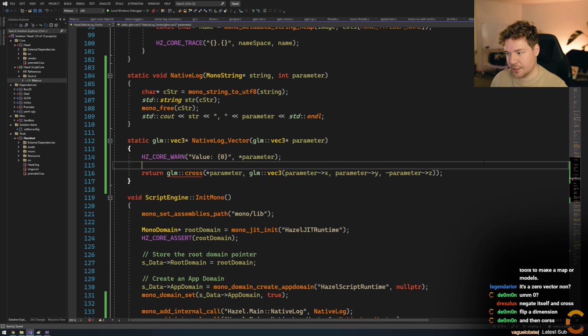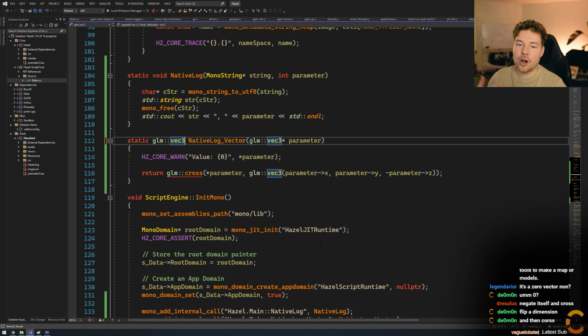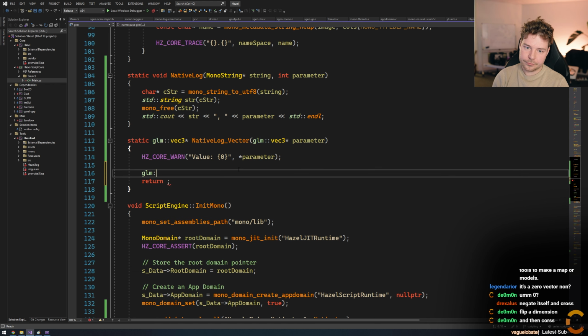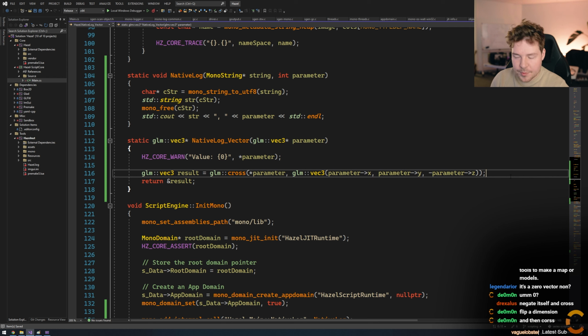And it's important to talk about this. This needs a pointer, right? So how does that work? Because the real big problem here, right, is if we return a vec3 like this, we obviously can't just kind of copy it because that's not really how things work, right? Well, I don't know, maybe there is a way to just natively copy it like this, but ultimately we kind of want to provide a pointer to it the same way we did that here. But we obviously can't do something weird like result equals that and then give it that. That obviously doesn't make sense. I'm just demonstrating a point here.